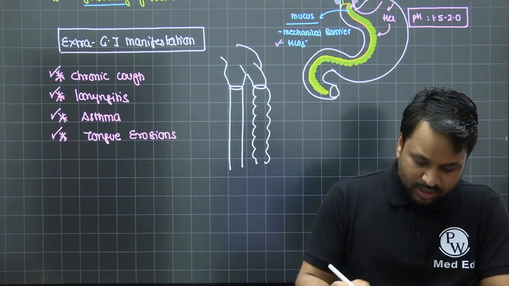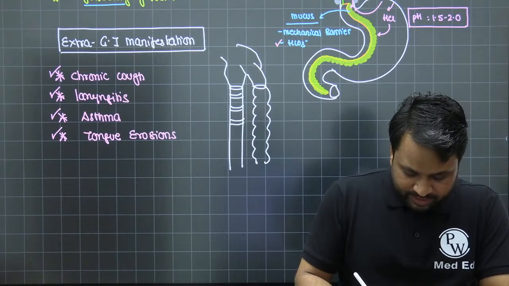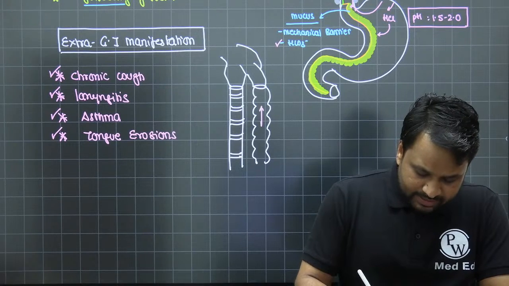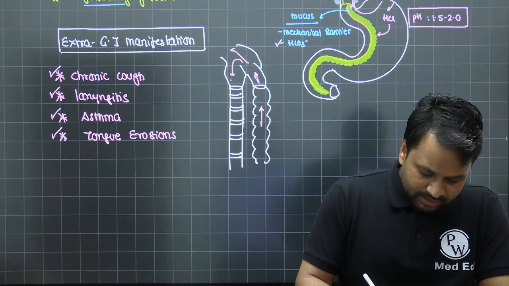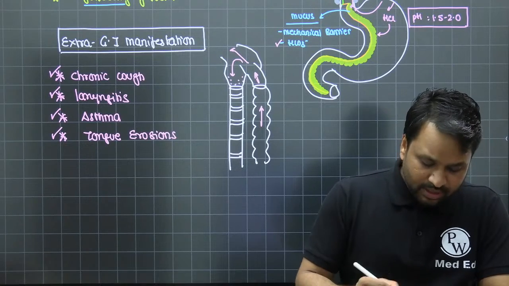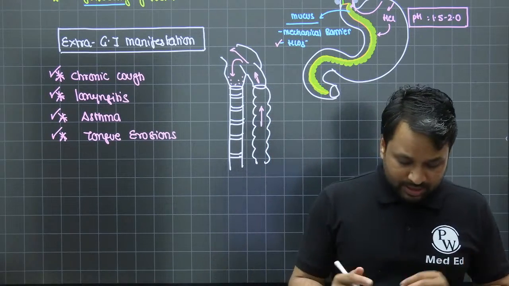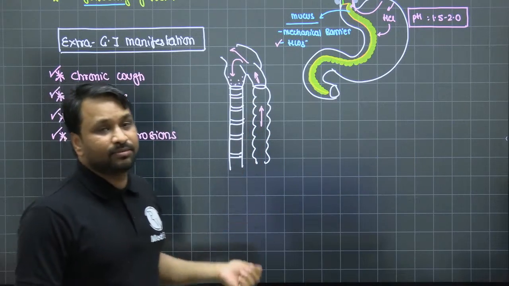Every time the acid refluxes from the esophagus, some amount of acid can go into the mouth and cause irritation of the larynx, which can result in chronic cough and laryngitis. Pretty explainable and understandable. As it goes further deep, it can cause asthma-like symptoms as well as